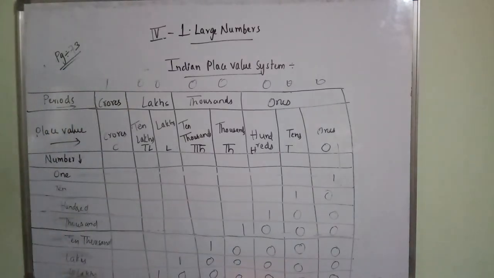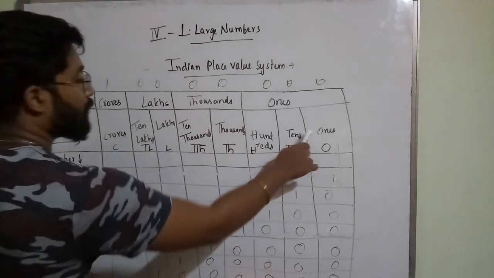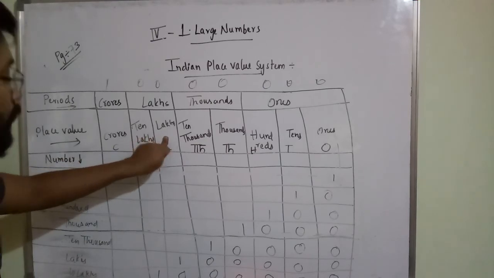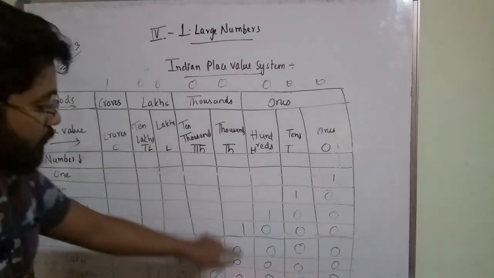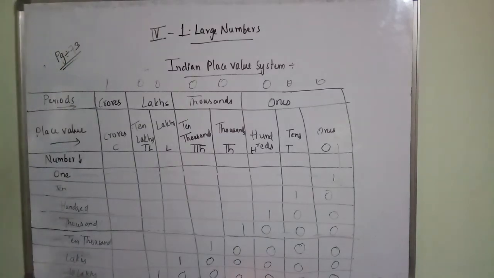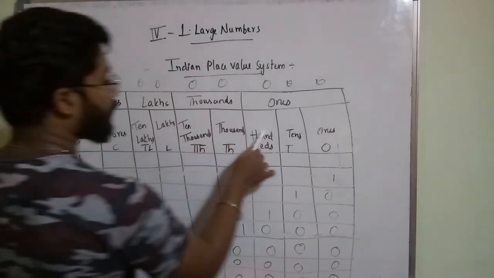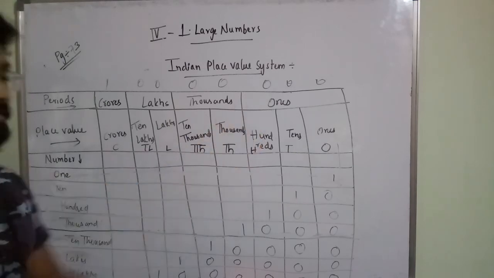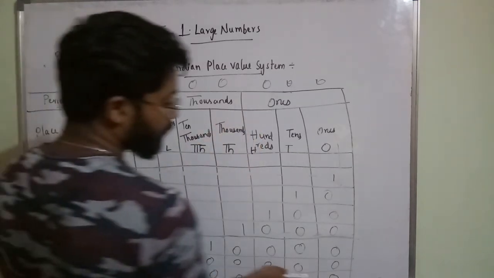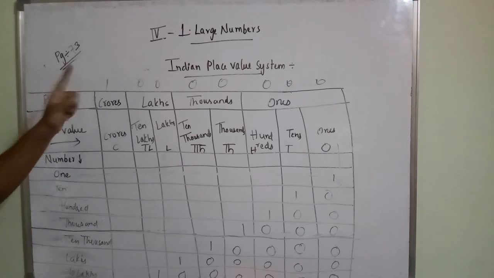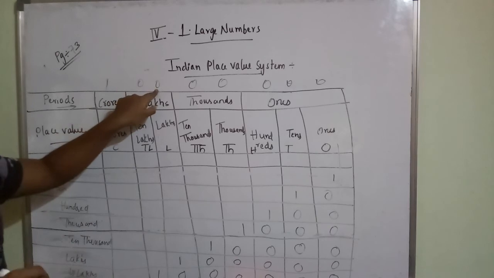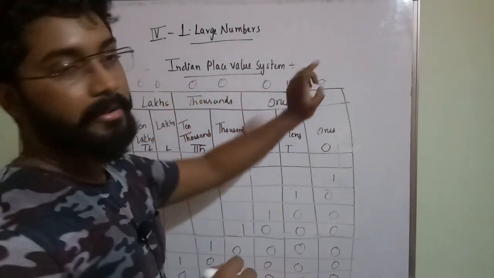Next, lakhs will have 6 digits. So 1 2 3 4 5 6. From here you have to start lakhs. So here you have to put 1. We put 1 0 0 0 0 0. Okay. Next, 10 lakhs. 10 lakhs will have 7 digits now. So 1 2 3 4 5 6 7. 7 digits you are getting now. If you start from 10 lakhs only, you are getting 7 digits. 1 0 0 0 0 0 0. So crore, how many digits you will have? 8 digits. So you have to put 1 in crores period. Lakhs 0, thousands 0, ones you are having 3 zeros.